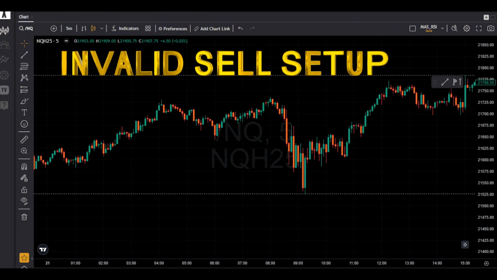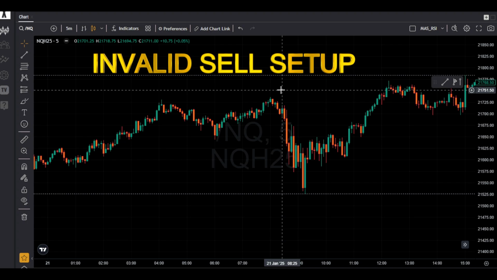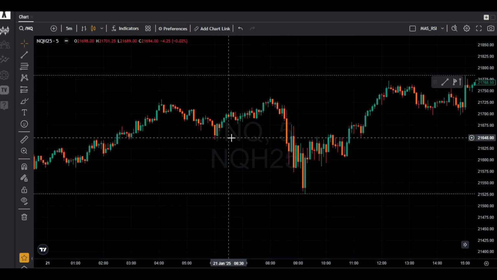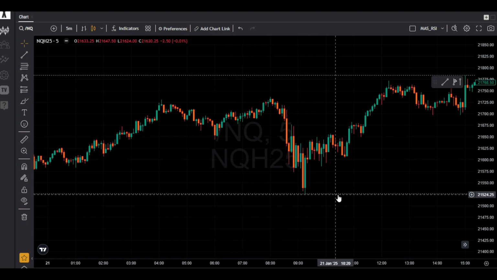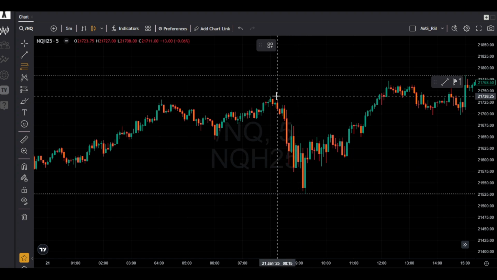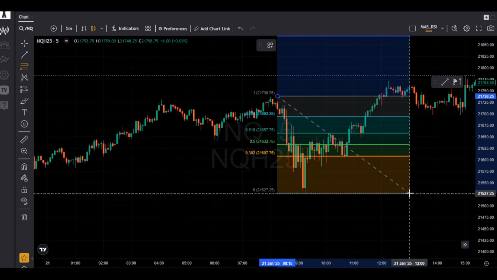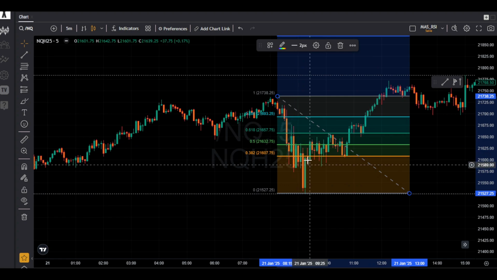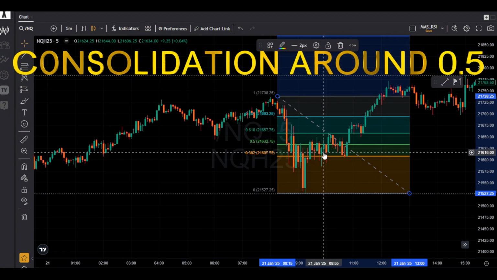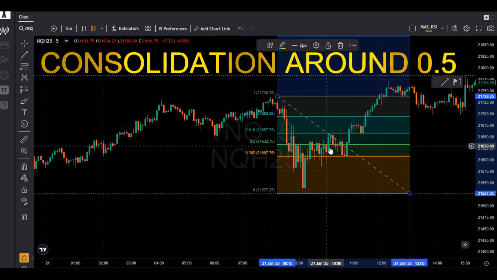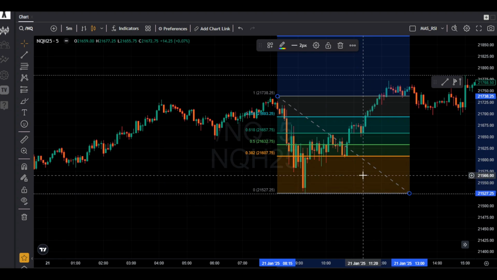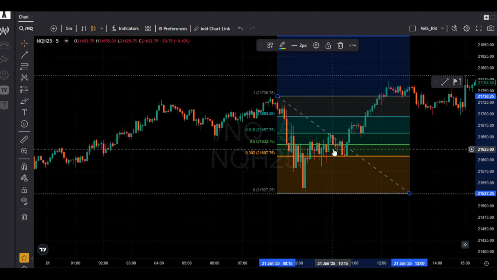So here's a sell example, the setup that you should not consider. Over here, as we see, the market opened and it broke the low over here and created another lower low. So if I am going to draw a fib retracement when it started doing the retracement, let's look at it and see what happened. You see the price moved over here and it started doing a consolidation over here. It started moving sideways. That's the indication that it's a trap. It may move back to this level, but there is a 50-50 chance. I'll say it's probably a B or C setup.